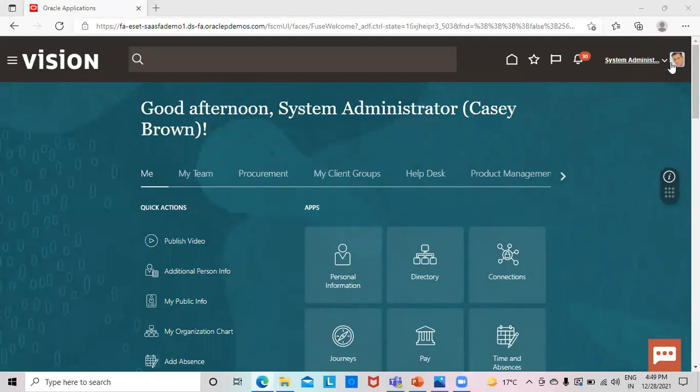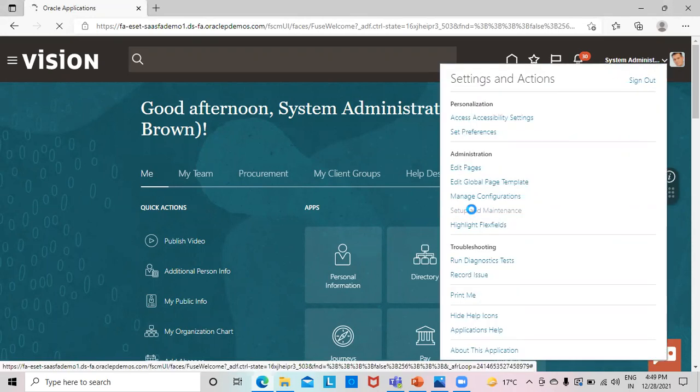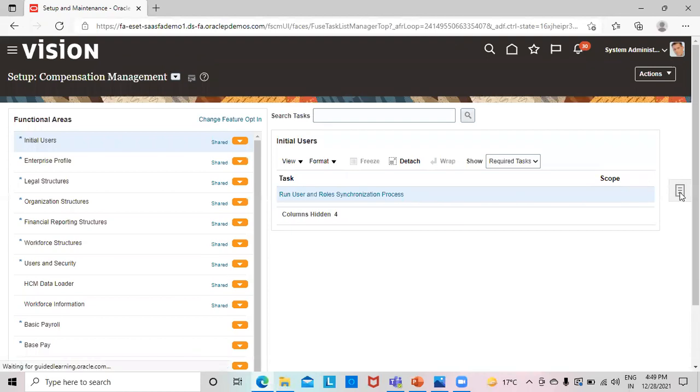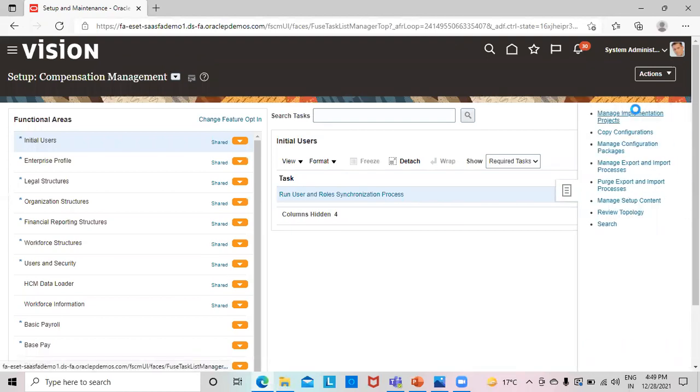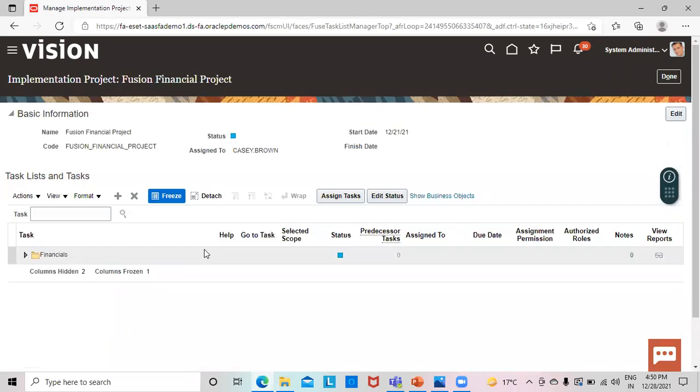So this is our instance. We'll go to Setup and Maintenance from the setting and action tab. From here, in the task list, we'll select Manage Implementation Project. And we'll select our project, which was Fusion Financial Project.